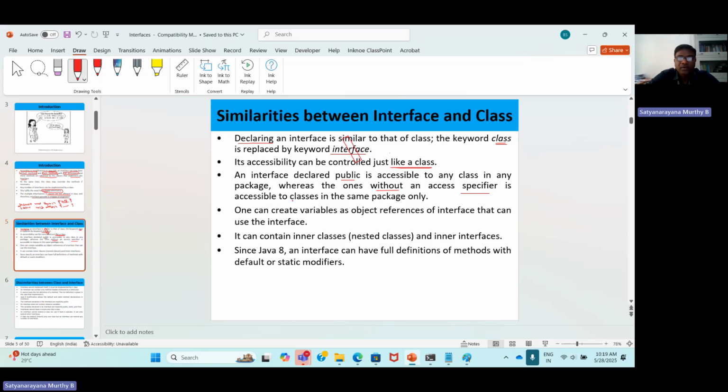Okay. So it is accessible to the classes in the same package only. Just like a class, similarly, one can create variables as object references of interfaces. An interface can contain inner classes and inner interfaces. Because from Java 8, an interface can have full definitions of methods with the modifiers default and static. So these are the similarities between